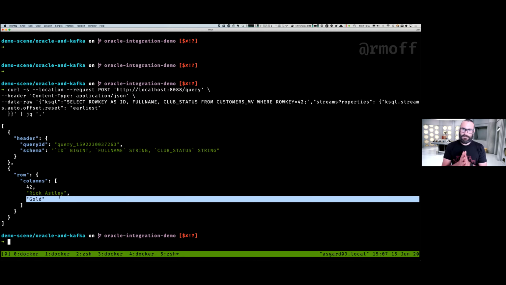So that's a bit of a look at the kind of things you can do using Kafka: getting data in from Oracle, using Kafka Connect, using things like Debezium, using change data capture, pushing data down to other systems like Postgres, using things like ksqlDB to look at that data, to process the data, to filter it, to enrich it, to join it, to aggregate it.